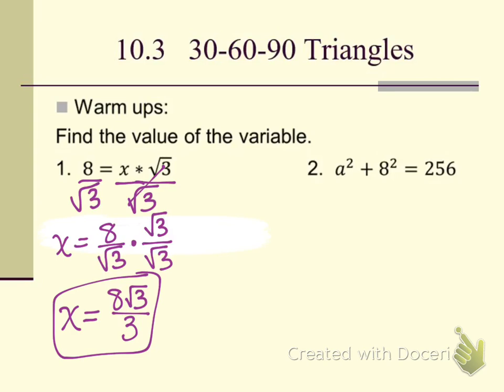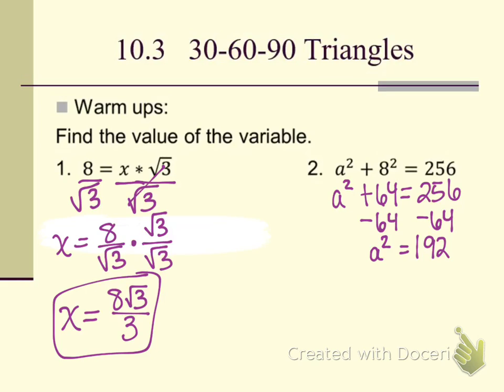A squared plus b squared equals c squared. Okay, so we're just finishing this problem. What would the next step be? Before we subtract, what do we have to do? Square 8. What is 8 squared? A squared plus 64 equals 256. Now we're ready to subtract. A squared equals 192. Next step,